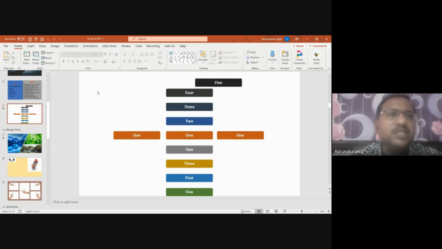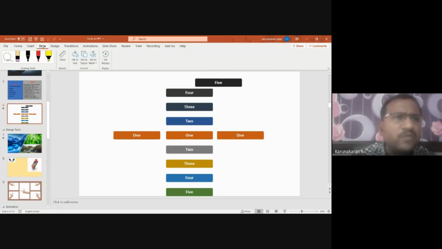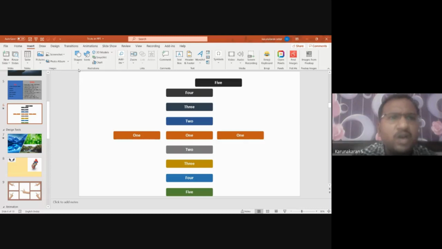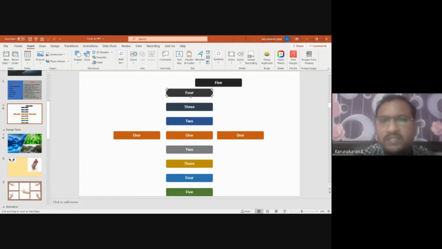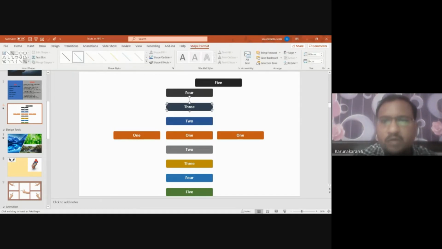Similarly, drawing a single line. We know drawing is very difficult. In drawing also, while drawing a line or an arrow mark, you have an option. When you right click, you will have lock drawing mode. So we have never used this mode, and this will be a very useful tool when you are drawing flowcharts for computer science faculties. So when you want to select one and get it to the center and select the second one, you can draw it. You need not go and click again and again.